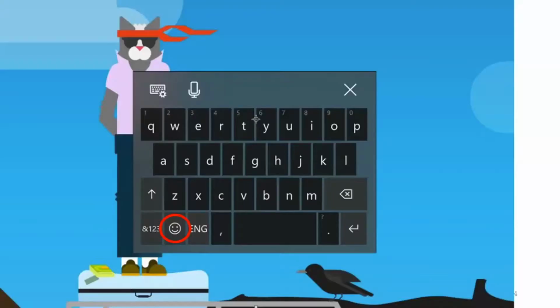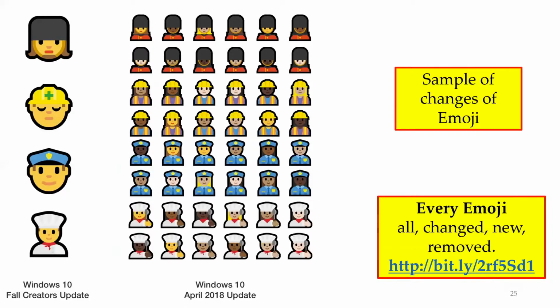And let's take a look at where the emoji is on the keyboard. And I'm certainly not going to go through the 170 different changes that Microsoft made to the April 2018 update of emoji, but I will show you some sample changes. Over on the left-hand side is what they've had so far with the Windows 10 and the 2018 update. You get all these other different